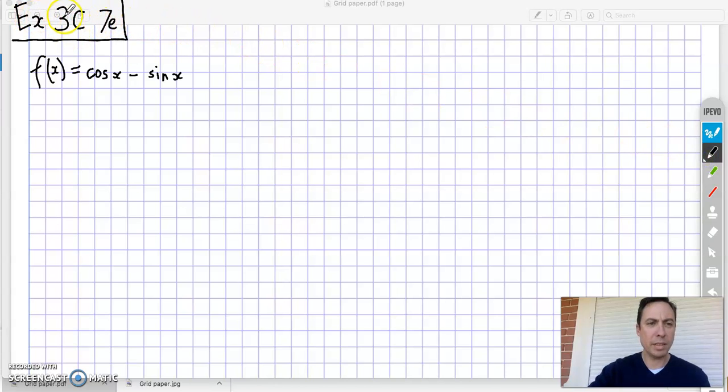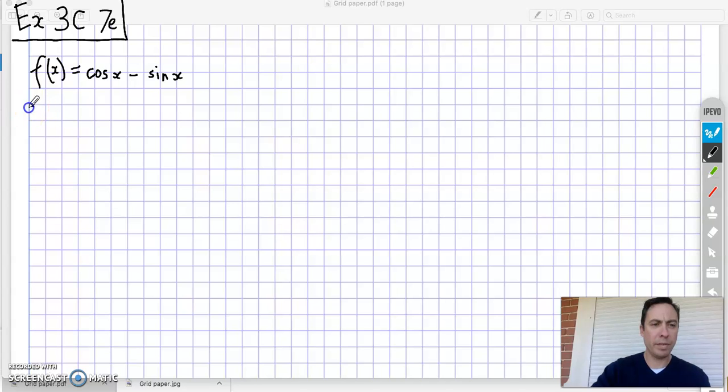This is exercise 3C, question 7 part E. We have our function f of x equals cos x minus sin x, and the aim here is to find stationary points so that we can draw a sketch of this function. Okay, so